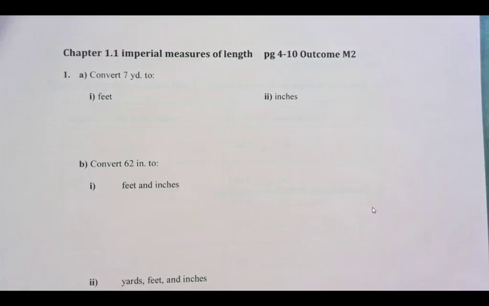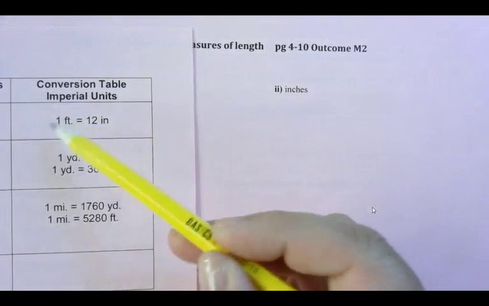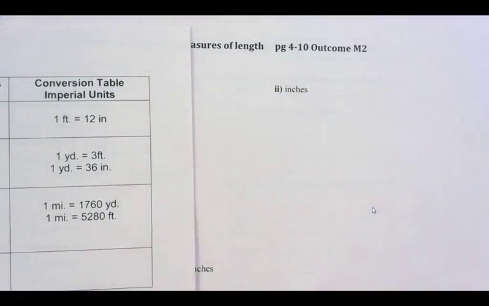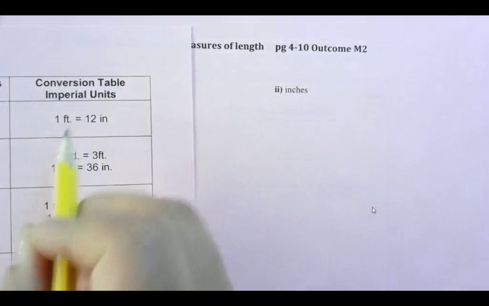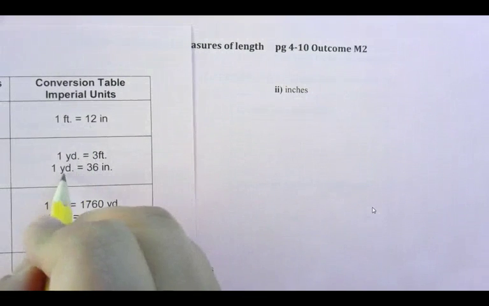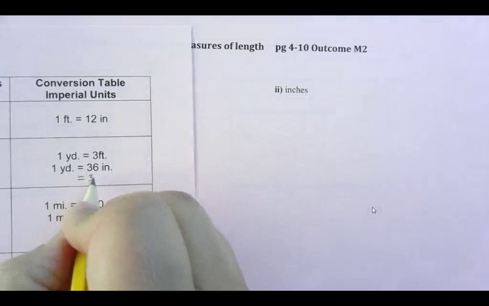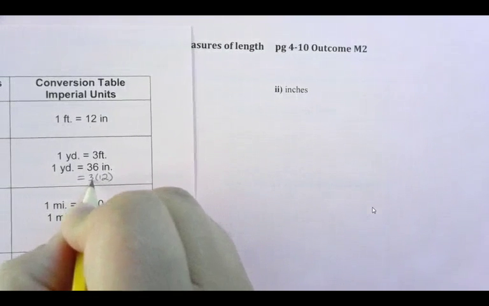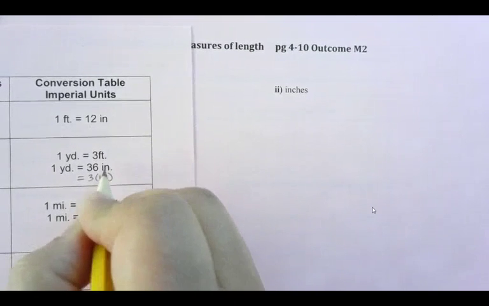And what we're going to use is these conversions here. Okay? So a good thing to remember is that 1 foot has 12 inches, 1 yard has 3 feet, and 1 yard has 36 inches, because you've got 3 times 12, which equals 36. So you've got 3 feet, and there's 12 inches in each of those feet, so that gives you 36